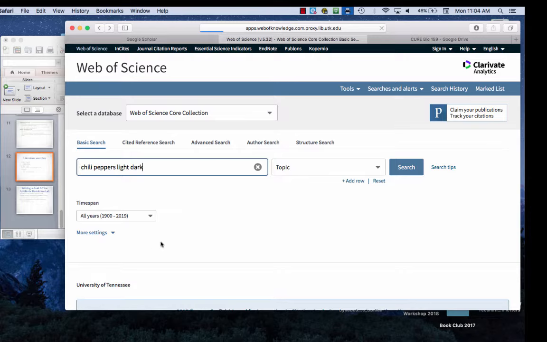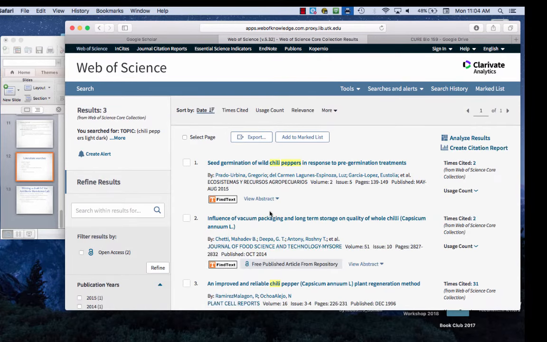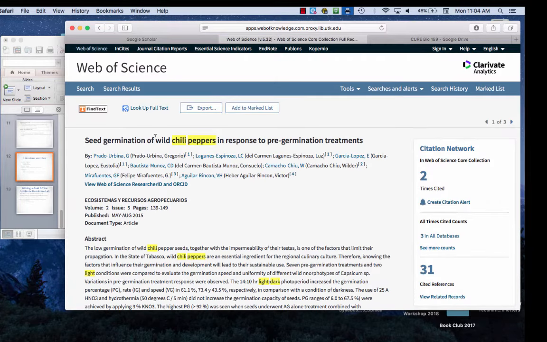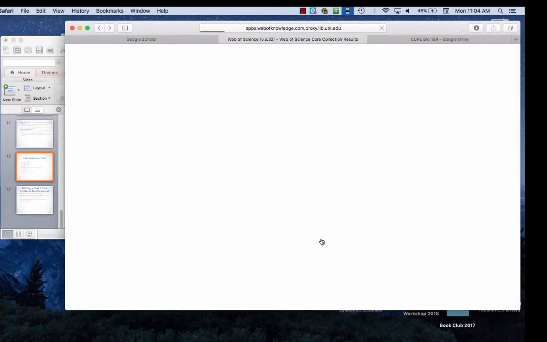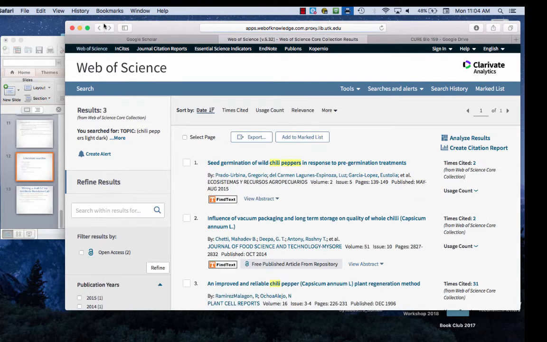Let's see if chili peppers light dark gives us. Ooh, this is great. Seed germination of wild chili peppers. Light versus dark. All right, so do you see how I went from